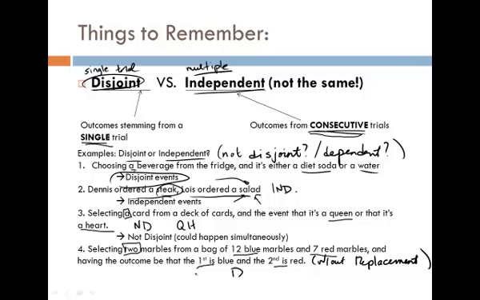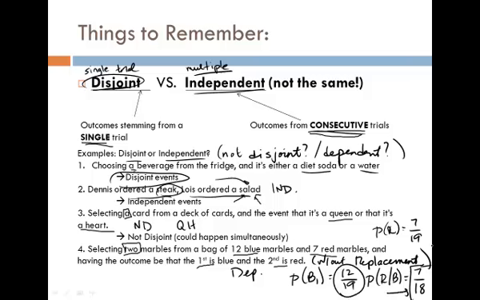These are going to be dependent because the probability of selecting a blue on the first, so B1, is 12 out of 19 marbles. But the probability of selecting a red, given that we selected a blue, well, there's 7 reds left, but there's 18 left in the bag. So the old probability, or the general probability of selecting a red, is 7 out of 19. So you can see that after we have selected a blue, it changes the probability of selecting a red because there's only 18 marbles left. So not independent, in other words, dependent. That's the end of the